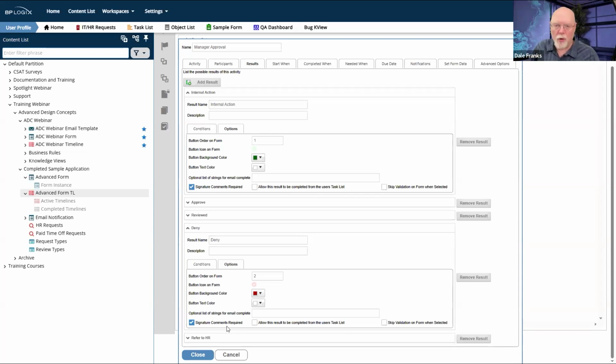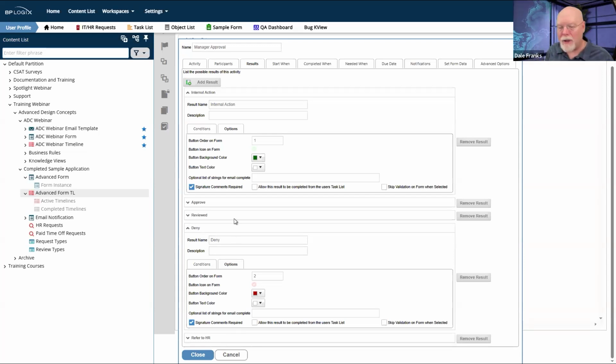I mean, they have accrued vacation, presumably. You may be denying it because they don't have any vacation approved or accrued. Okay, great. I get that. But that's probably a very rare occurrence. Most of the time, people ask for vacation that they have coming to them, and I want to know why you didn't want to give it to them.